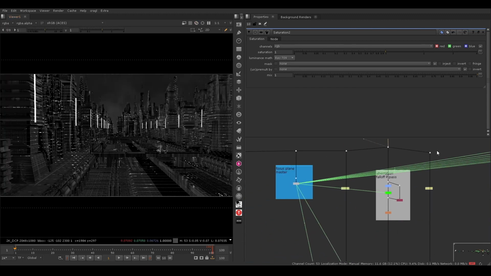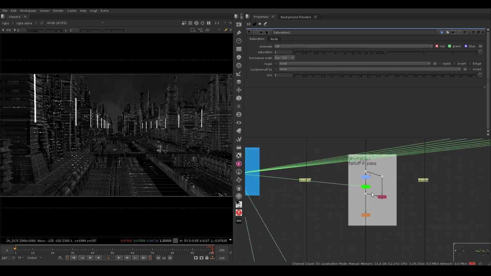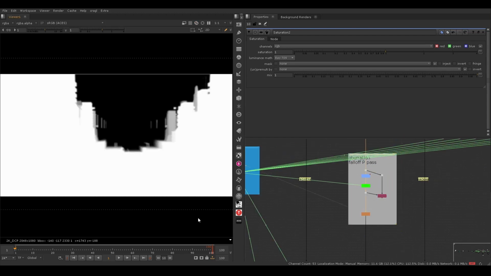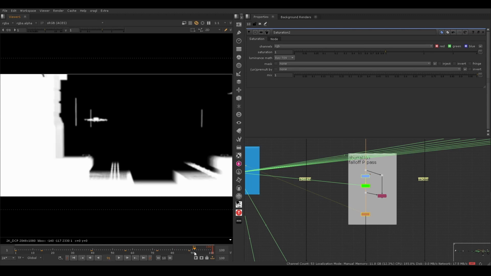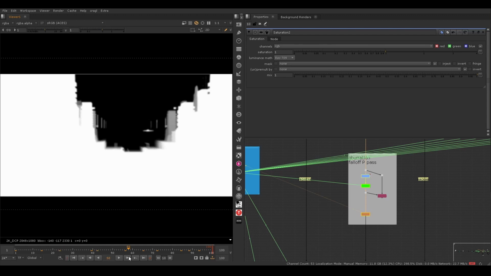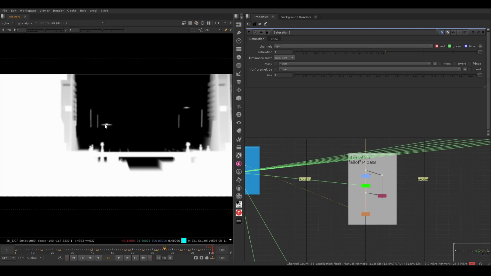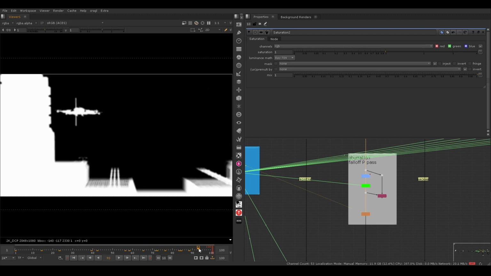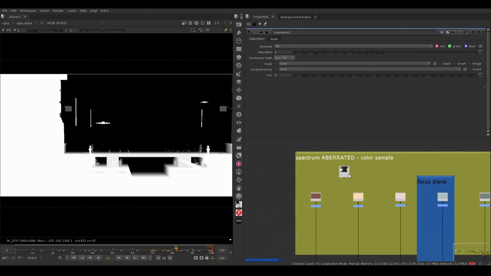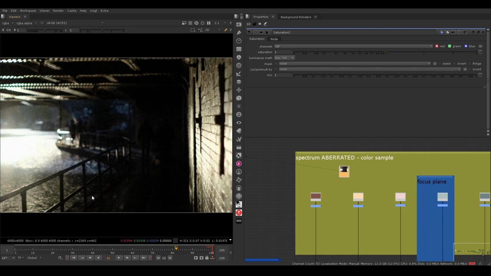So going back to our shot, this is the usual thing. I'm doing a mask extraction from the P-Cam pass, and as you can see, the focus plane is animated. I'm trying to follow one of the drones, this one over here, as it comes close to the camera. Here I'm doing a similar thing. I'm trying to sample a real lens. So let's say